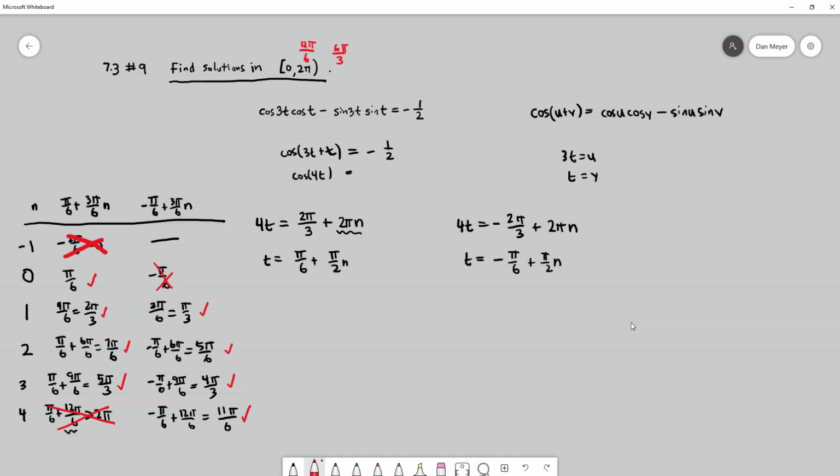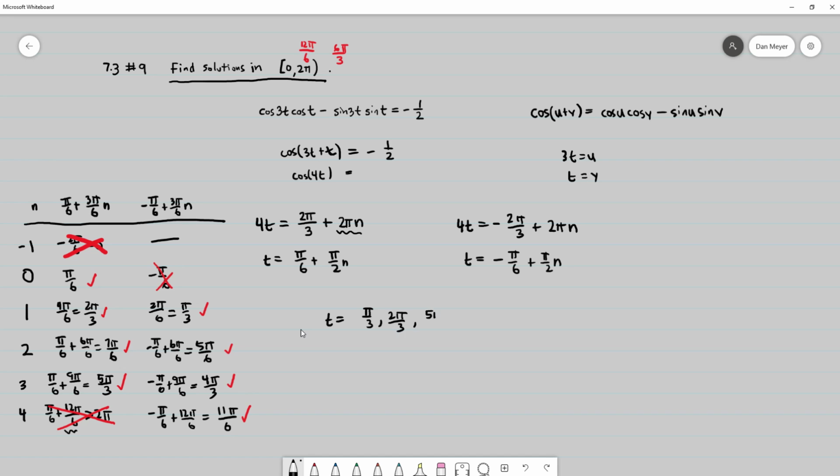Notice that I get four solutions down each branch, and we were solving cosine of 4t is equal to negative 1/2. So we were expecting to have four times as many solutions down each branch. All right, now when I write these, it's always good form to write your solutions in order if you can. I think it's going to be pi over 3, 2 pi over 3,